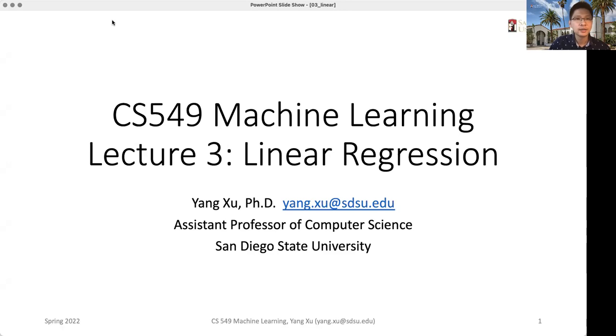Okay. So for today's lecture, we are going to talk about the linear regression model. We can think of it as one of the most basic types of supervised machine learning models. It is such a classical topic that it will almost surely be covered in statistics classes. And it's a very basic computational tool to study the relationships between